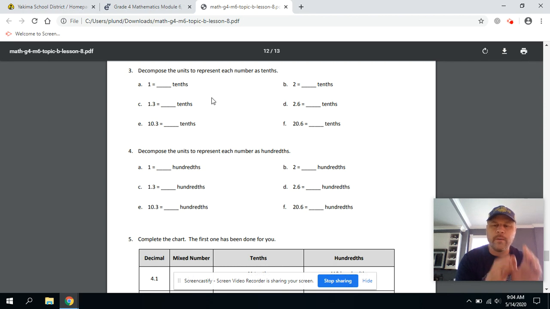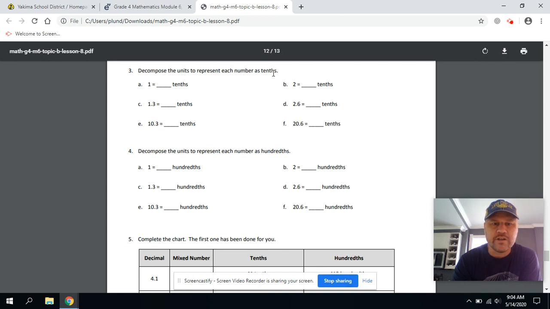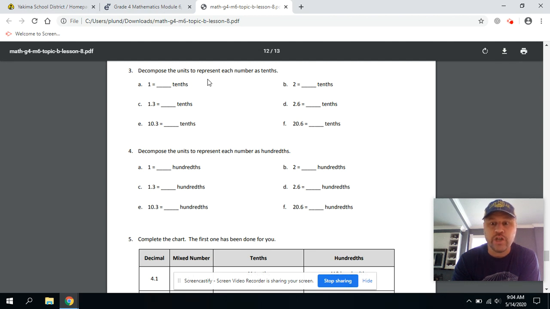So here, without the picture representation, it says decompose the units to represent each number as tenths. 1 equals how many tenths? Well, if you want to, you can draw an area model here to help yourself. But just know that it's 10 tenths, right? You're just shading in 10 tenths, just like we were doing earlier. 1 and 3 tenths, right? So that's 13 tenths, right? Because you would shade in 1 whole, which is 10 tenths, and then shade in 3 more tenths, and you'd have